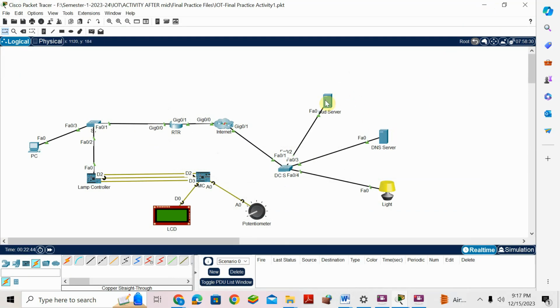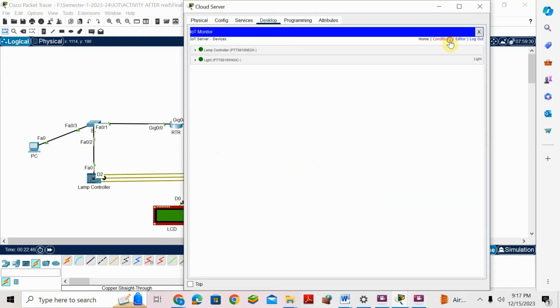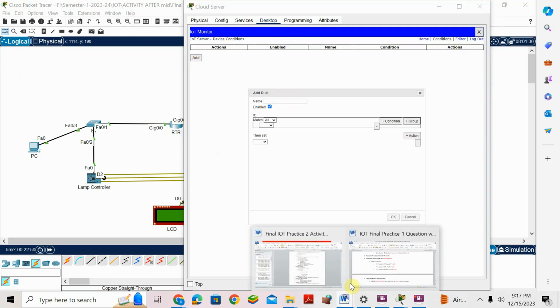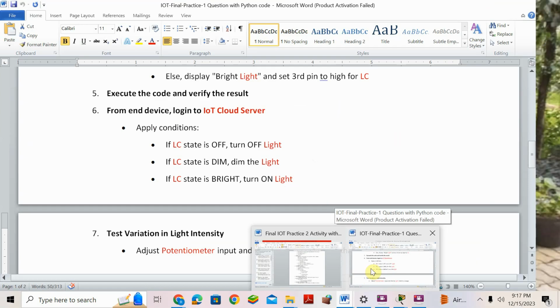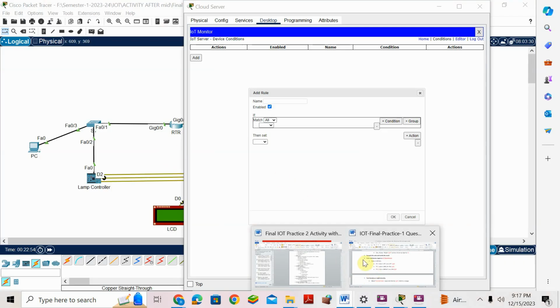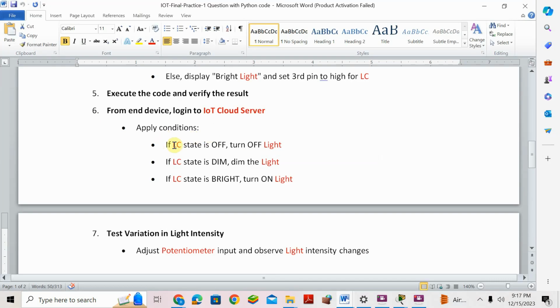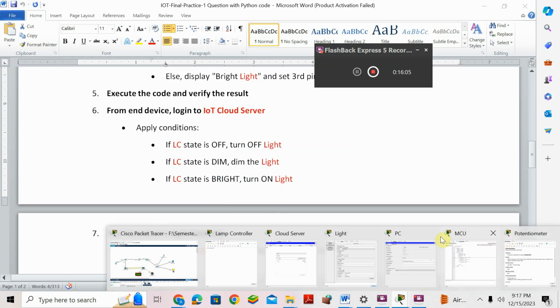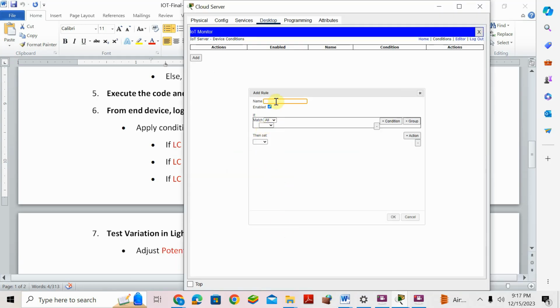So I'll go to the Cloud Server, go to conditions. So I'll add here. What was the condition? LC is off, turn off light. Okay, so I'll just copy this one. LC is off. LC, what is LC? LC here. Okay, LC off. So here if light,